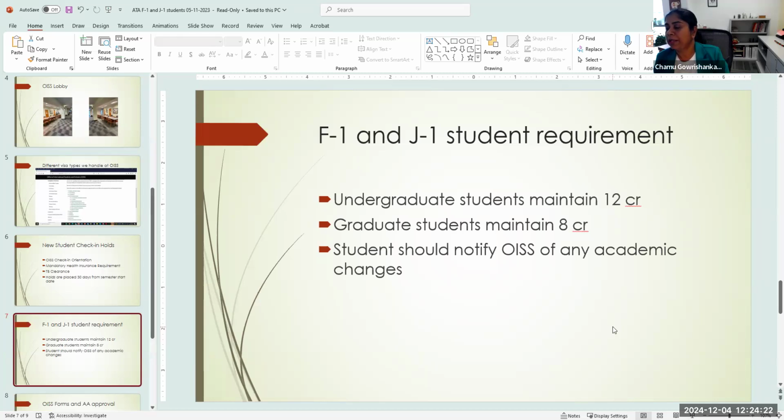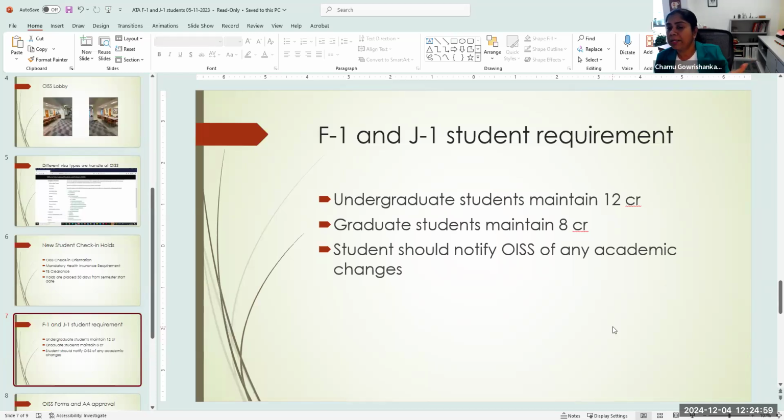Sometimes I get the question like, it's a sync class, I have face-to-face. That's not considered an in-person class. It has to be in person in a classroom. Sometimes I see students taking 2 online classes, but they would be registered for 15 credits. So 2 classes would be online and then the remaining will be in person. They are fine. It's still covered because we are going to count only 1 online class for that. The other online class, we won't even count for their reporting purposes.